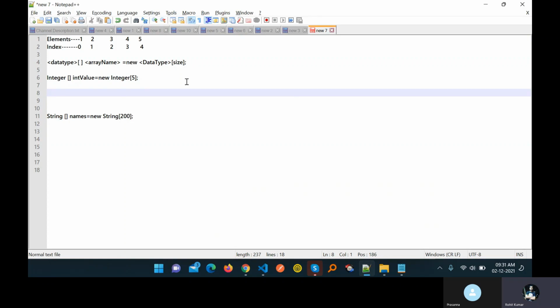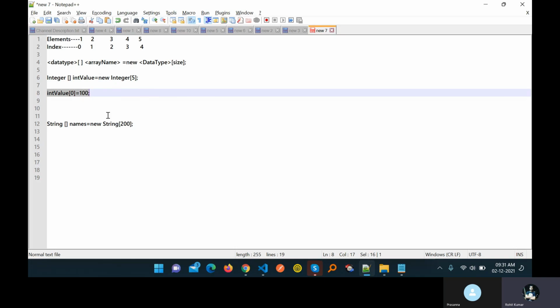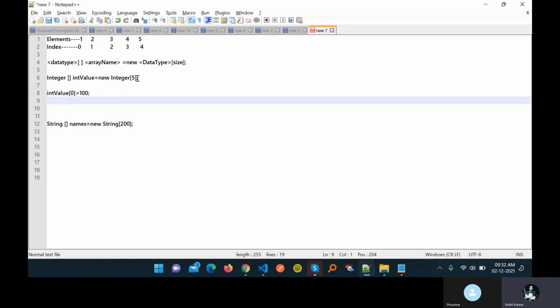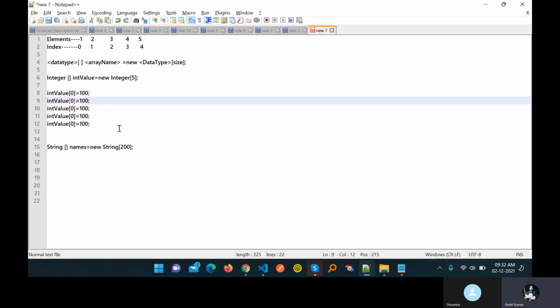So same thing you can apply for this array as well. How to initialize the value? With the help of index. This is the variable, like int val, and after that you have to specify the zero index. What kind of value do you want to initialize? Like 100 in zero index, right? Same thing you can apply for all indexes, from 0 to 4. Change this index as well, like 1, 2, 3, and 4, and change the value as well, like 200, 300, 400, and 500, right? Is it clear for you?